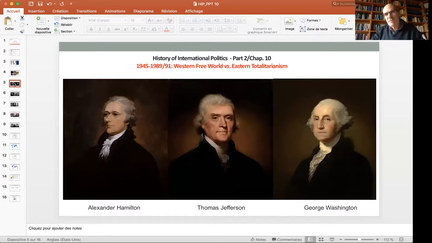Whatever the interpretation is, is America's isolationism due to Jefferson's ideal, or is it due to Hamilton's interests? Anyway, whatever the interpretation, I think we can come to the conclusion that when America dealt with the outside world, it claimed to be different from European powers. It claimed to be different from the power political practices of the European powers. America claimed to be different, and to some extent, it did indeed behave differently.